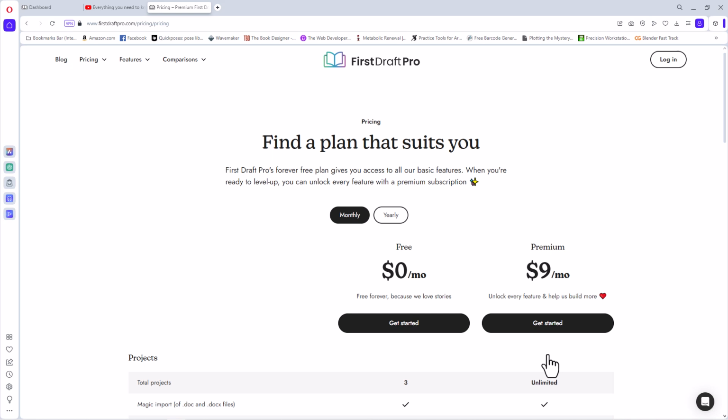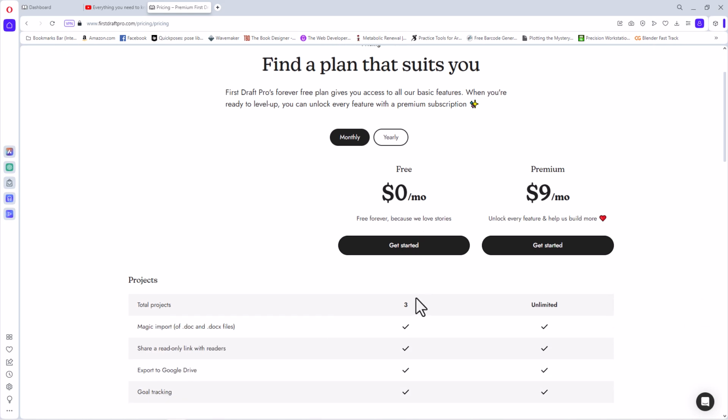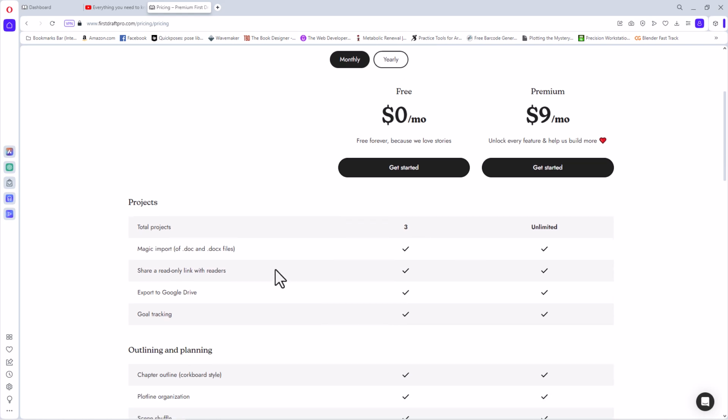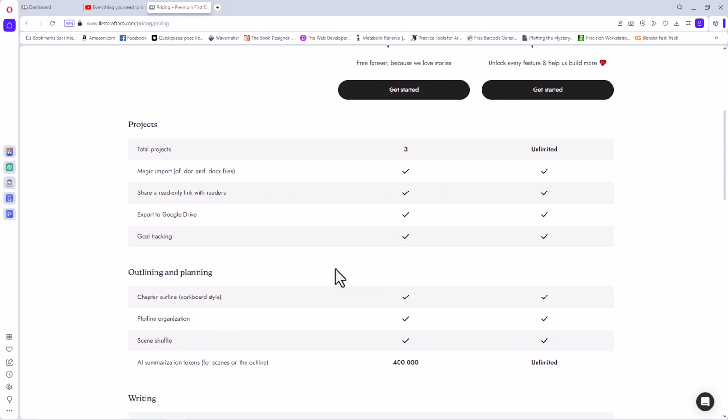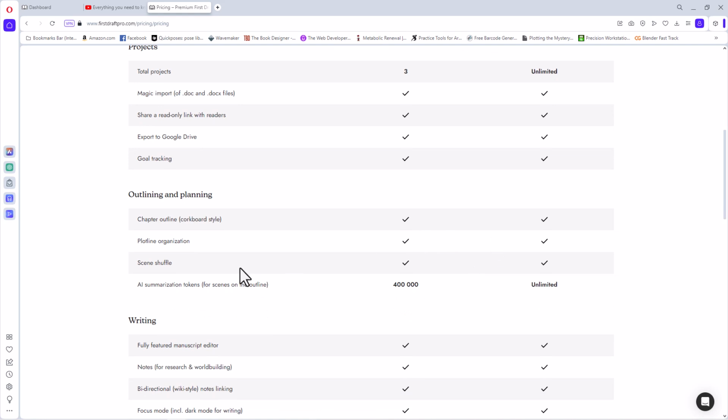So let's take a look at those pricing plans and compare the free and their premium version. The premium version is $9 per month, which is outside of our $60 budget, so we're not going to pay much attention to that. We're just going to compare here. For the free version, you get 3 projects. So if you're just starting and you only have a couple projects you're thinking of working on, then this will probably work fine for you. You have the ability to import and export, do some goal tracking, some chapter outlining, and here is where you see your first difference between the free and paid, besides the fact that it's only 3 projects,